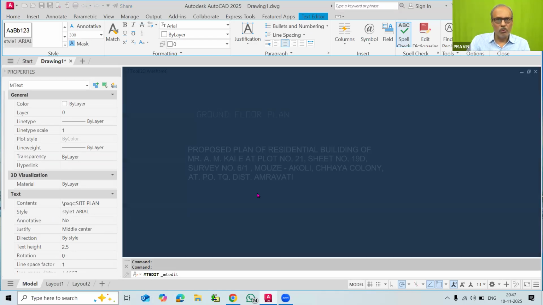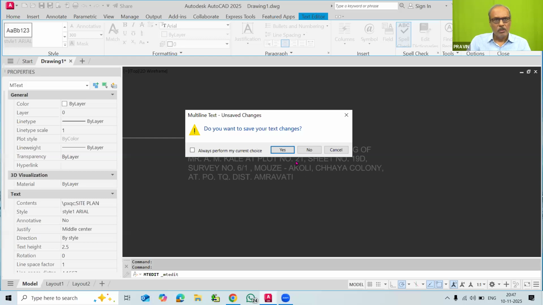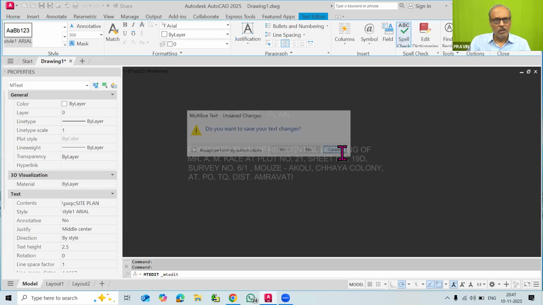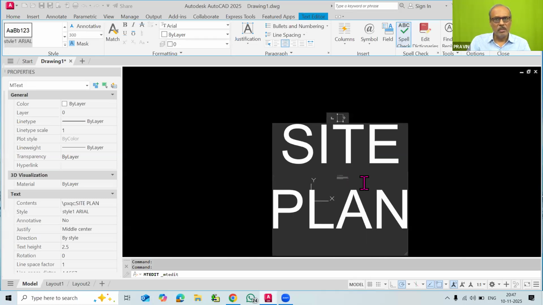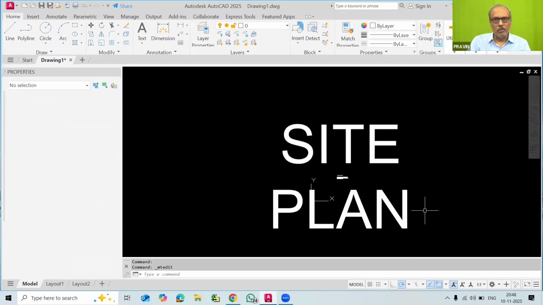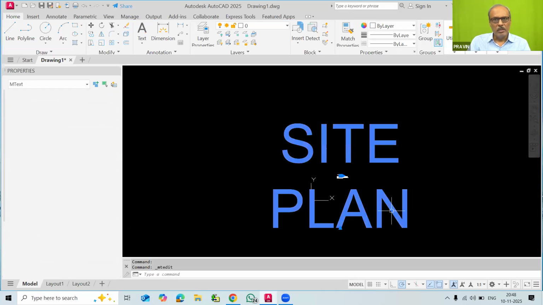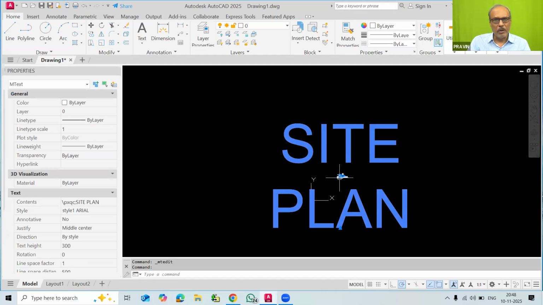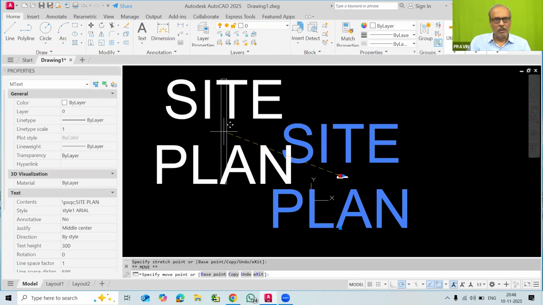That also we have to understand. And you can press escape. Do you want to save changes or cancel? Here you can see that I have changed the size, because now the height that I have taken is 300.